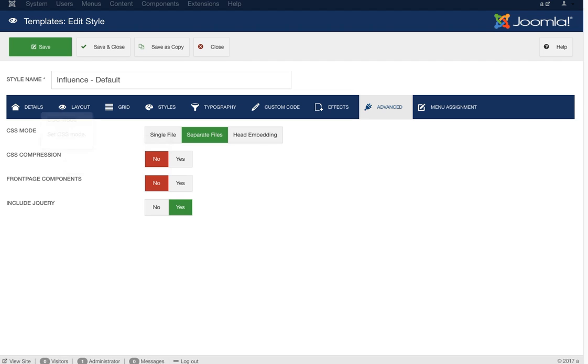Under the advanced, we have different CSS modes here. Right now, we're calling separate files. There's about 5 files that we're calling inside the template. We call the default CSS, we call the grid CSS, we call the style CSS, and we call the typo CSS. And if you have a template CSS or your own custom CSS file, it'll be calling that, all separate files. So you can go ahead and load those in a single file on load or head embedding,